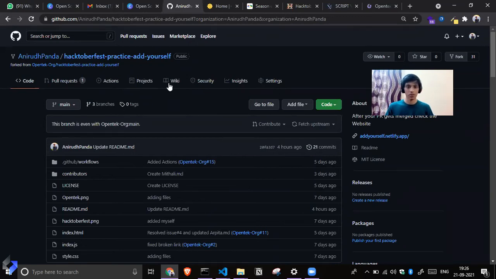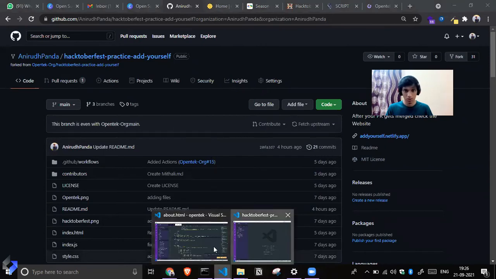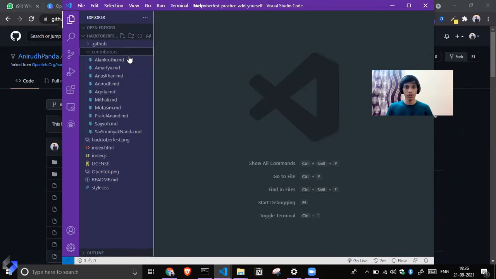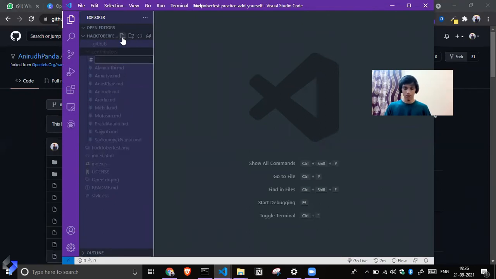Okay, great. Moving forward, I want everyone to open the contributors folder. You can see the contributors folder here. Please open it, and we'll add a README file. Just write your name, your name and underscore switch, then .md.